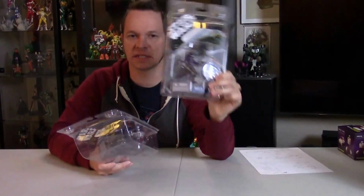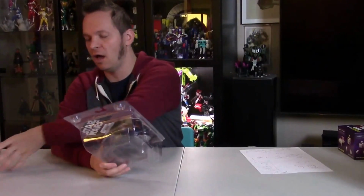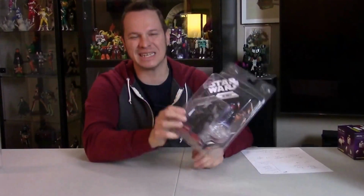I like that the Luke doesn't even look like Luke. It's a whole different character. I like that better than the Darth Vader. The Darth Vader's neat, but it's so similar to what we see normally, it's not that big a deal. The other one I got from the same series,